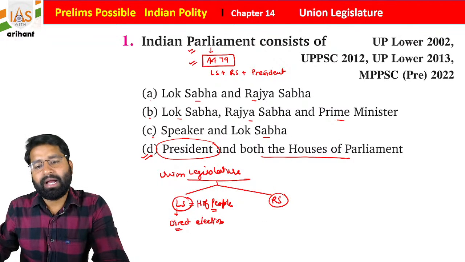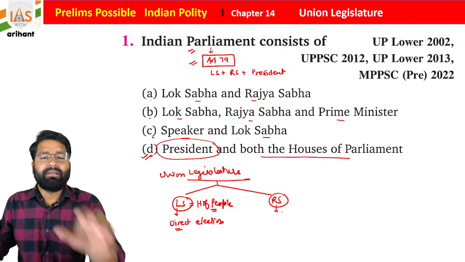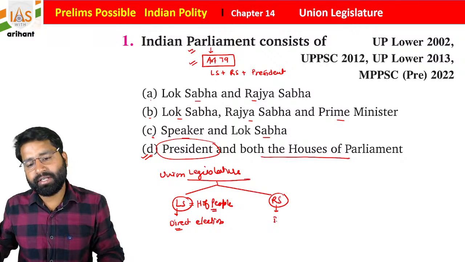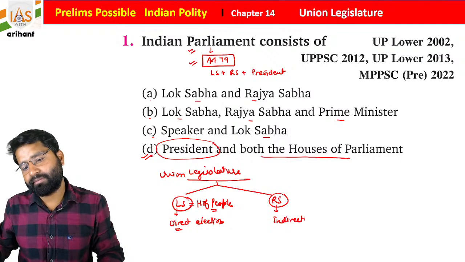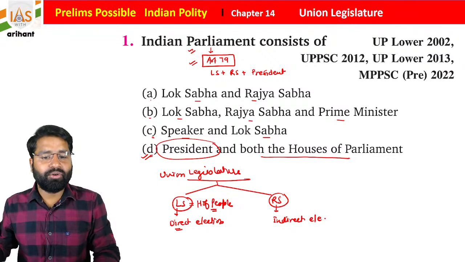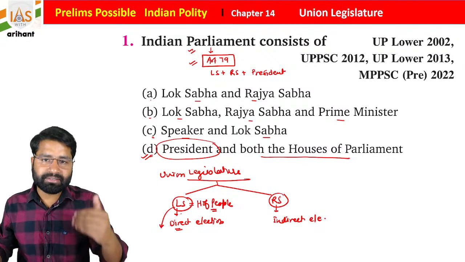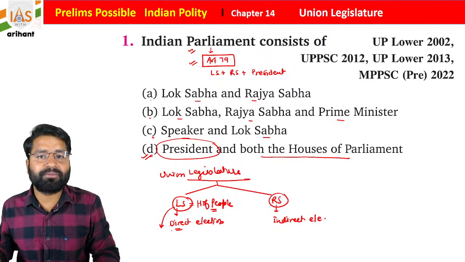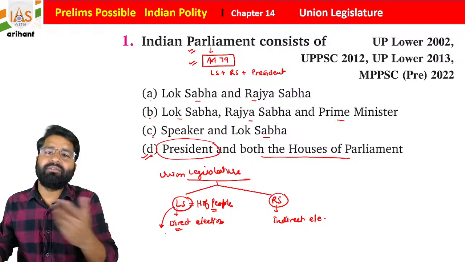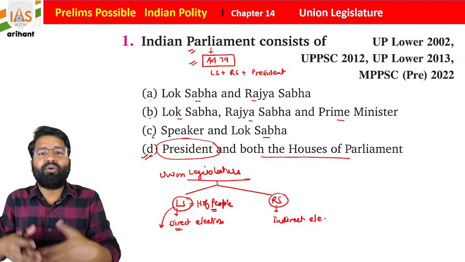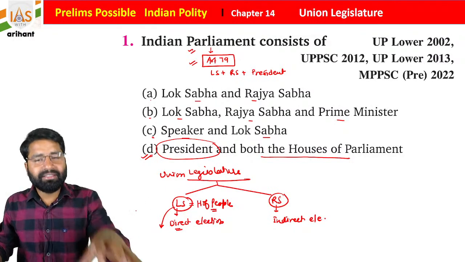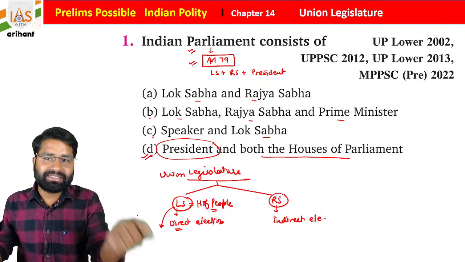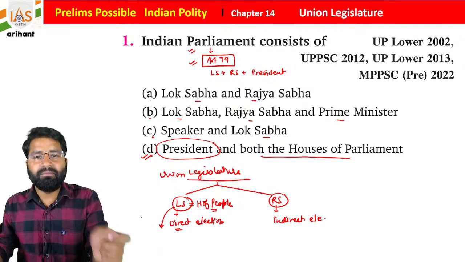Okay. And for Rajya Sabha, the members are elected by the elected members of the Legislative Assemblies of States, so it is indirect election. Okay, and Lok Sabha is a house created after a general election, like in 2024 the election for the Lok Sabha is going to be conducted. But you never see an open election for the Rajya Sabha. It depends on the vacancy of seats in Rajya Sabha from a respective